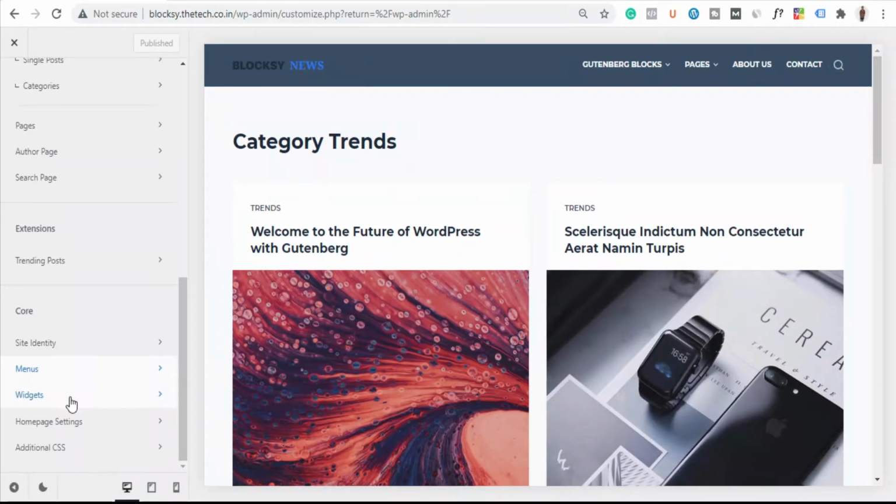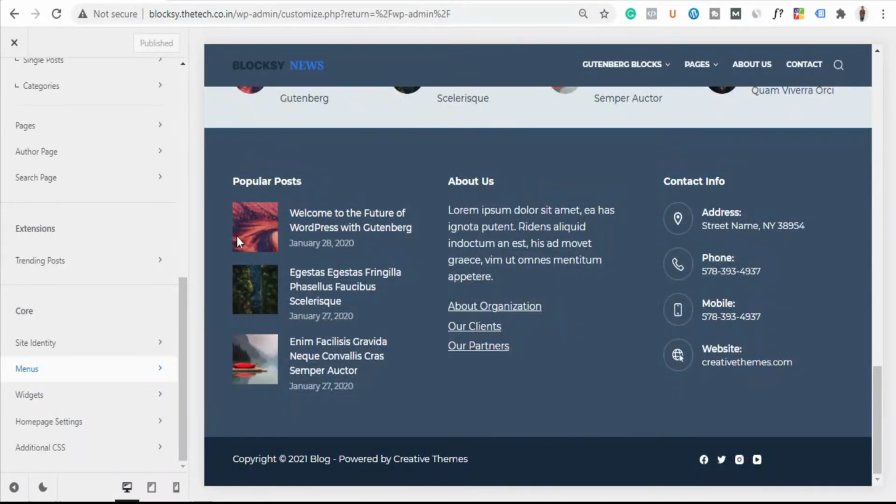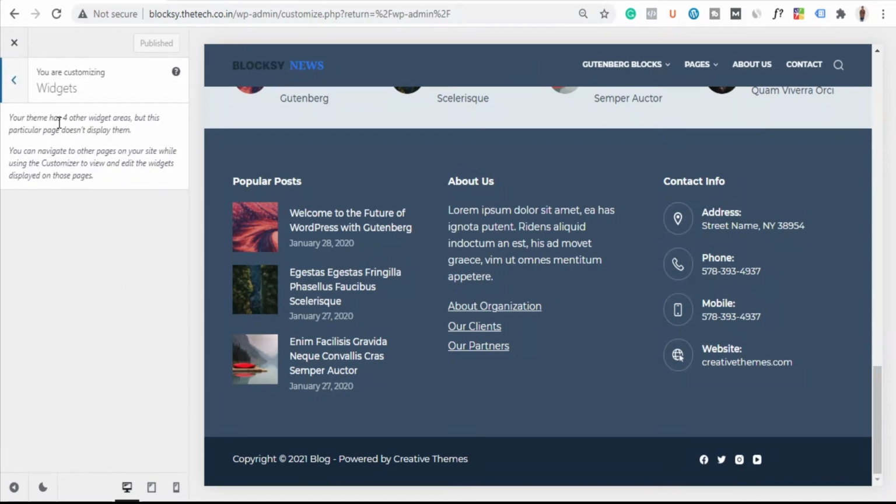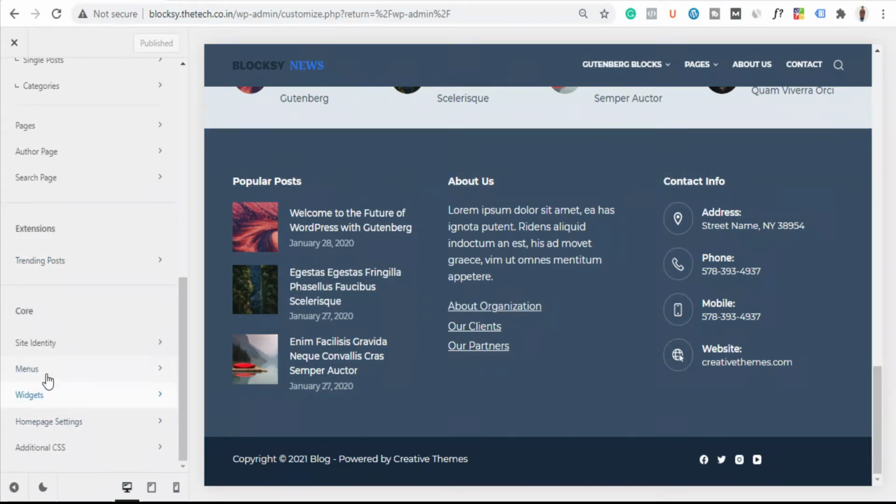And the widget basically means this part. If I click here, see it is saying that this theme provides only 4 widgets, like 1, 2, 3, and we can add one more widget as well. So basically one section is a complete widget, like contact info is a widget, about us is a widget, and popular post is a widget. For example, you can say I don't want this contact info, I want something else in place of this, then we can do that as well, and I'm going to show you right after this section. So menu and widgets are pending, which we'll see after this section.